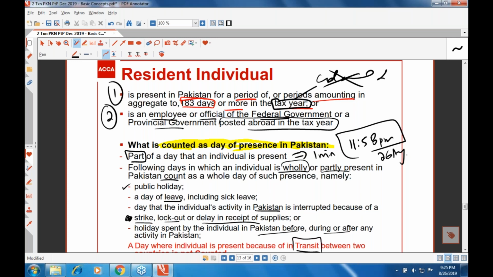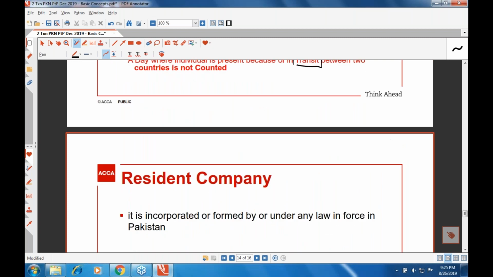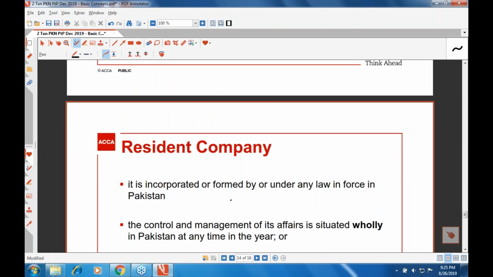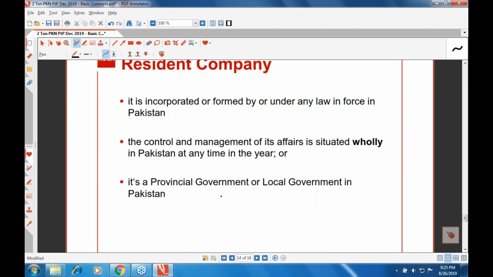Okay. So let's move a bit forward, and let's start discussing the next concept, which is the concept of resident company. So when we talk about the resident company, what makes a company resident? First of all, a resident company has to be incorporated or formed under any law enforced in Pakistan. That's the first point. The second thing is that the control and management is situated wholly in Pakistan at any